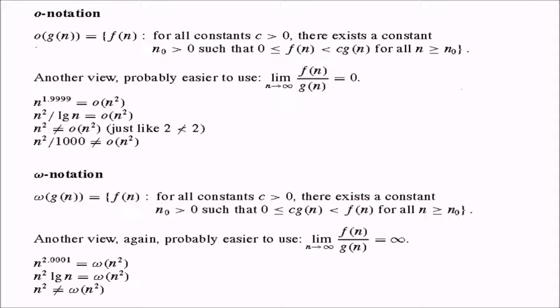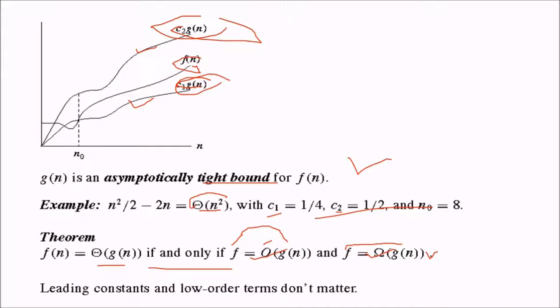As I indicated earlier, f(n) will be small o of some function g(n) when this function will be less than c g(n), when it is not going to touch it at all for some n greater than or equal to n0. You have seen the graph, so it is not going to touch at all. But there is another view: f(n) by g(n), as n goes up to infinity, is equal to 0. So n to the power 1.999 will be small o of n square. There is a bound which is strictly less than, not equal to. So this is a lower bound. And n square, this was big O.